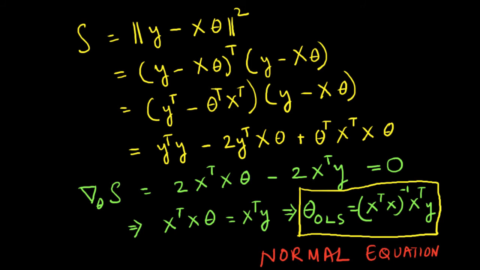So although we have obtained an analytical solution for our theta given the input and output values, this expression is seldom used in practice, and that is because of this inverse operation. So computing inverses of matrices is a nightmarish process, because it is computationally very expensive. So there are nowadays intelligent ways of doing matrix inverse, but still you avoid it as much as is possible. So generally, even though there is an analytical expression available in the least squares method, we still use gradient